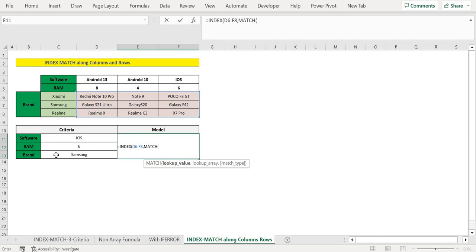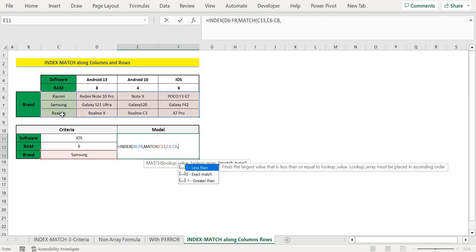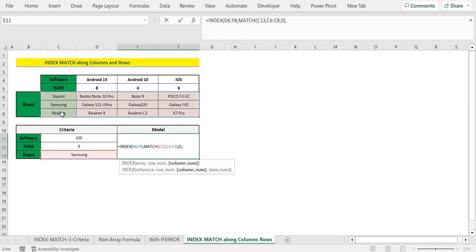We'll start with the brand name, comma, the lookup array, find the exact match, and the second match